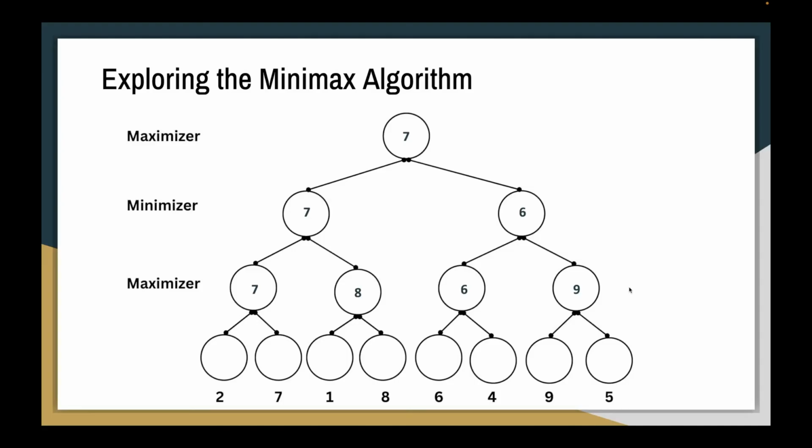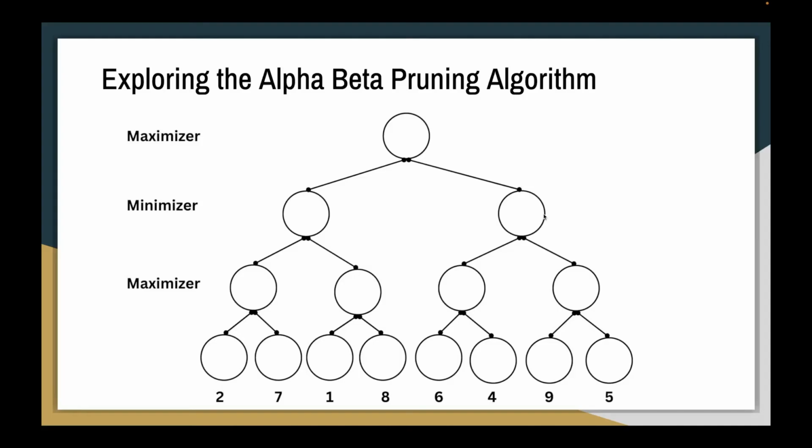Here, if we can cut off some portions of a search tree, we don't need to check all the static values like MiniMax algorithms, which reduces the computational time. Now, let us consider the same problem that has been discussed in the MiniMax algorithm, and let us explore the alpha beta pruning. In the bottom, the maximizer has to play. Maximizer wants to go to the maximum value and the minimizer wants to go to the minimum value.